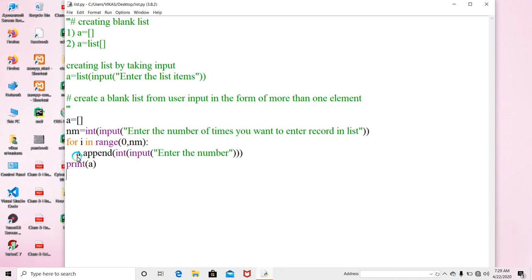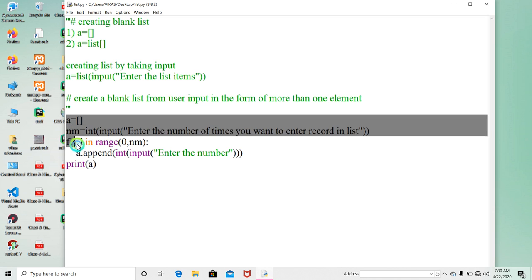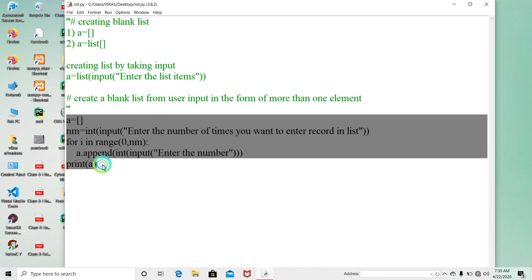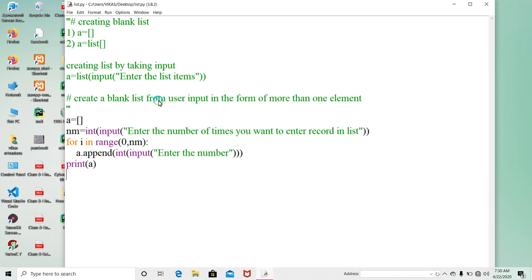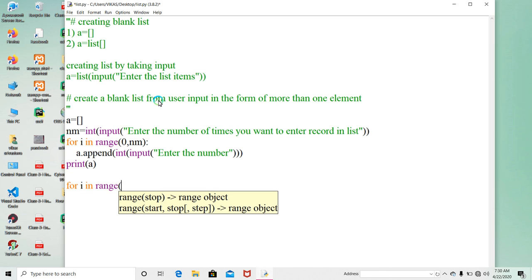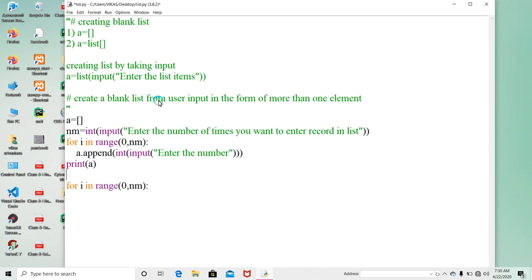Now after creating the list, if we want to get the sum, we will see how we will do it. After that we will write here for i in range go from 0 to num, and here we are writing sum is equal to 0, and then we are writing sum is equal to sum plus a of i.